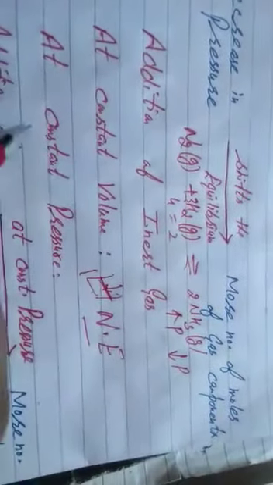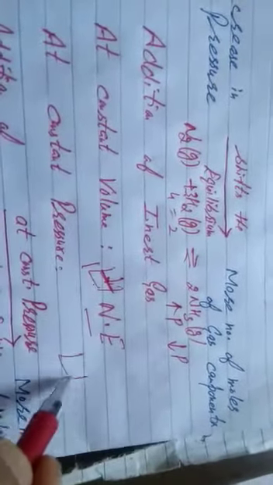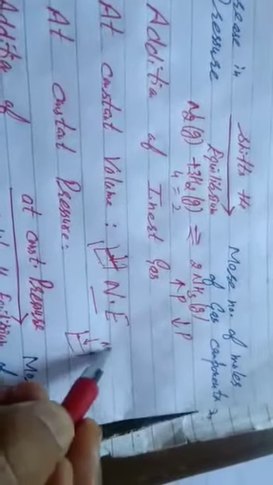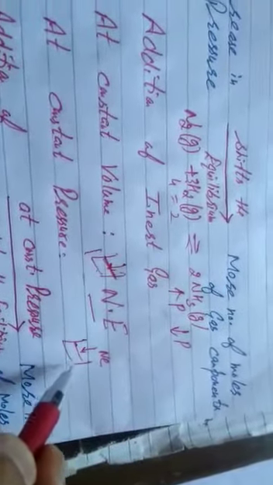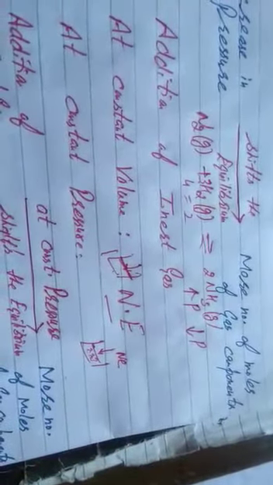And when we add inert gas at constant pressure, to the given system we add neon at constant pressure, then the volume will increase because the pressure will be created by the gas particles. As a result, the number of moles of reactant or product per unit volume decreases. It means the effect is opposite to that of pressure. When we add inert gas at constant pressure, the equilibrium will shift in the direction in which there is more number of moles of gas component.